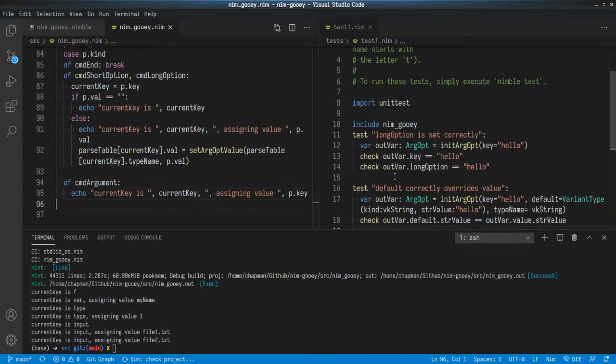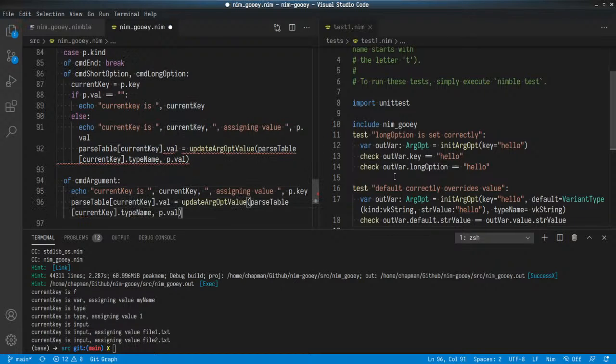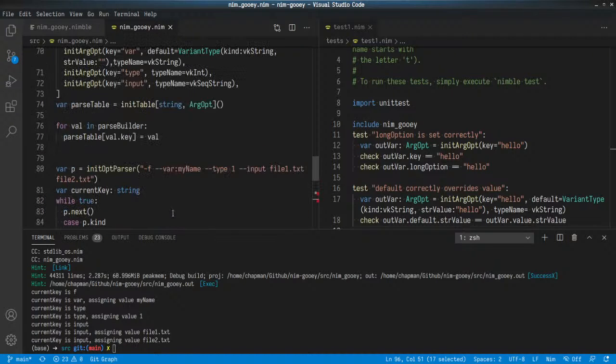And for the command argument, we should be able to do the same thing. Maybe I don't want to call it set, because if it's a command argument and it's an array, then it becomes an add, right? So let's call it update. You can see I'm flying somewhat blind here. We want to update here as well. So we have the signature. Now we just need to define this proc